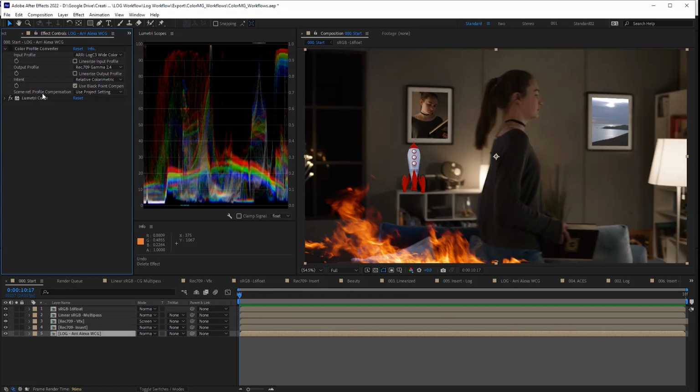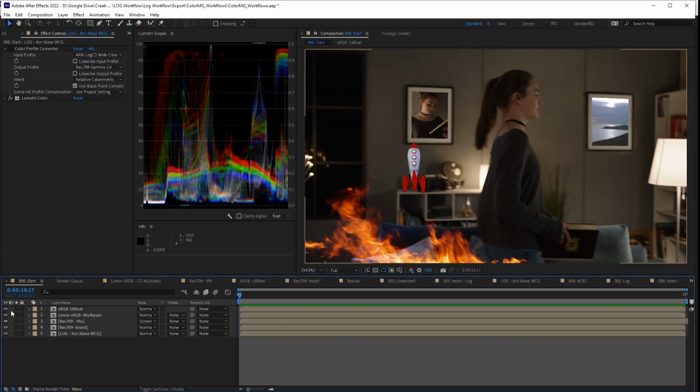So I'm going to remove this and just keep it with the lookup table look. So you see that we have here a classic use case for using color management. We have sources from different color spaces, and instead of guessing with color corrections where I should adjust them, I can bring them to a common color space and have a better, more accurate starting point before I even start